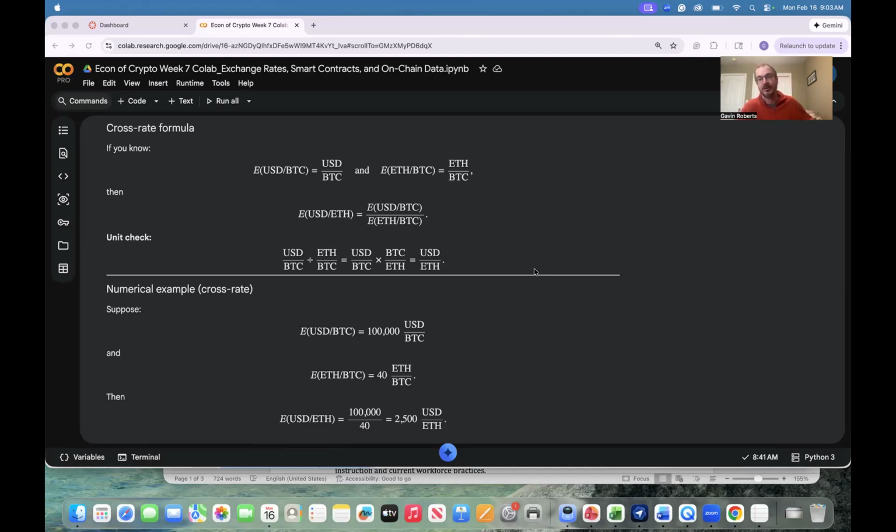Energy markets, which I've dealt with a lot, have tons of different units. Natural gas is priced in millions of British thermal units. Sometimes it's cubic feet. Electricity is kilowatt hours. So now we might have to think about the price of energy in natural gas versus the price of energy in electricity. We're going to need to make a lot of unit conversions to make sense of those types of issues.